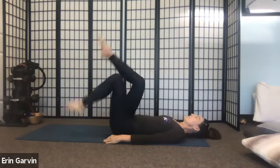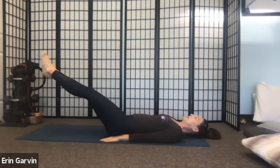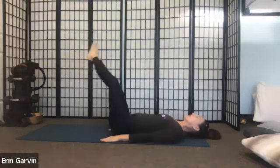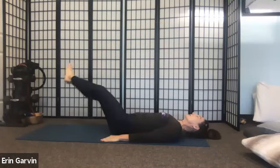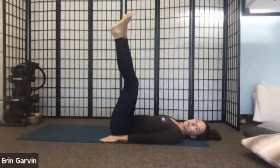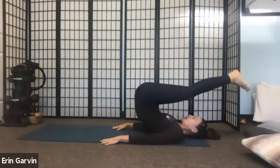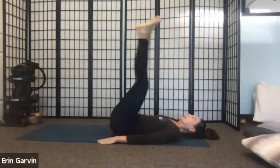Both thighs up. Corkscrew. Keep the legs glued. Circle your sacrum and come back to 12 o'clock as if you were drawing a clock on the ceiling. Go counterclockwise now. Each time you draw a circle, you're going to switch directions. You'll go back to your starting point, and then you'll go the other way. Your goal is to keep your shoulder blades on the mat. Those of you that are familiar, you can go up to your shoulders. Make sure you don't turn your head to look at me if you're doing the shoulder blade